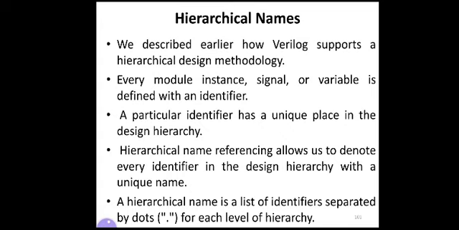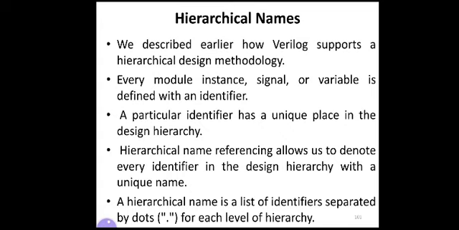They also have some rules. A particular identifier has a unique place in the design hierarchy. So if you want to access any identifier, it is accessed by using hierarchical names. That's why every identifier has its unique place in the design hierarchy.